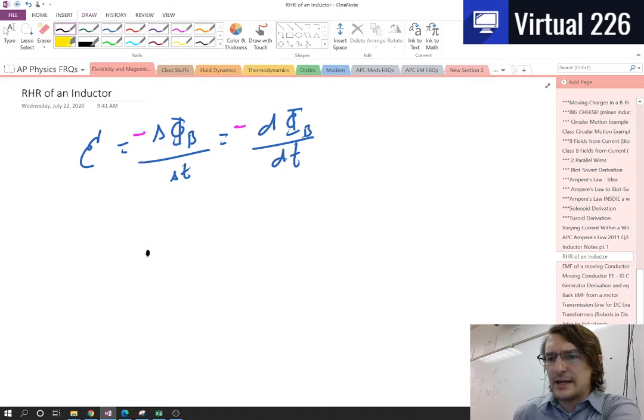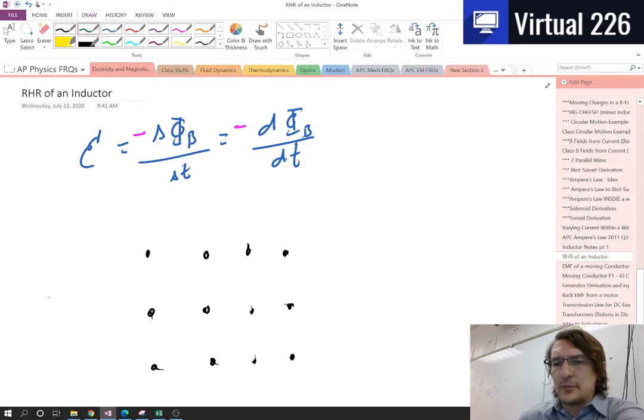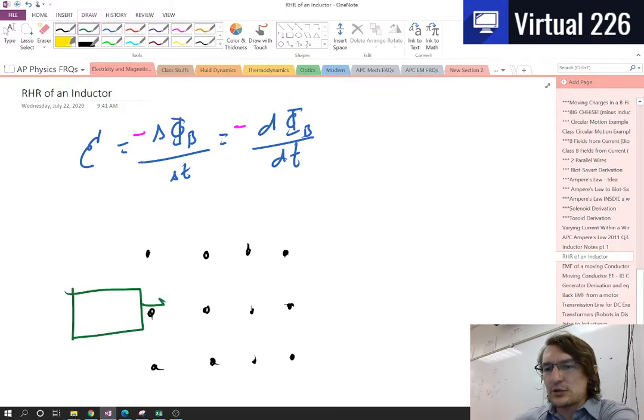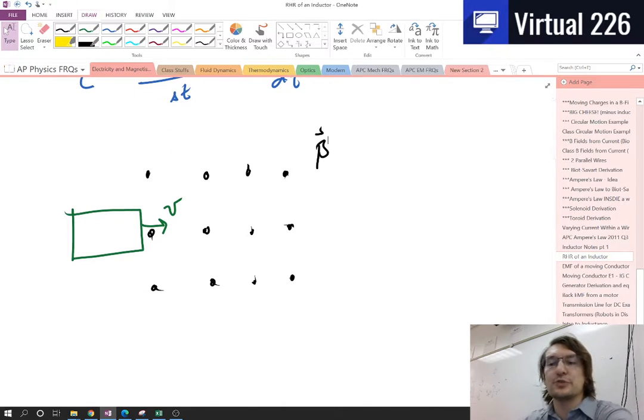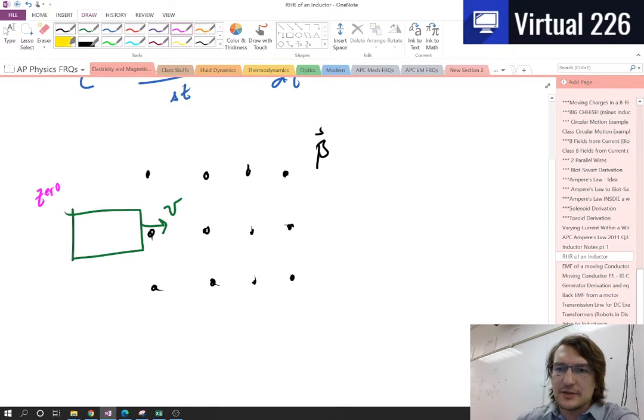Imagine that we have a uniform B field acting out of the page. Okay, so this B field's uniform. And on the left here, we have just some wire loop. Okay, if this wire loop begins to move into the B field with some velocity, what direction will a current be induced in this wire, in this green wire we have here? Well, if we look at the outside here, it starts at 0. There's no flux. Okay, the flux is 0. As we move into the B field, though,